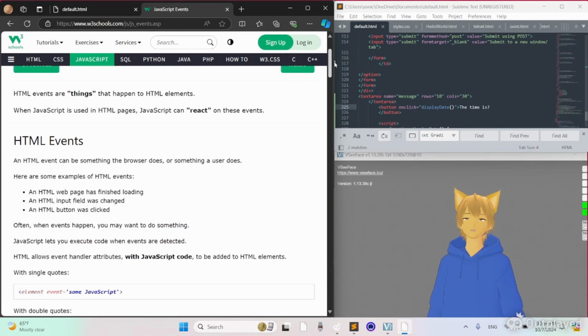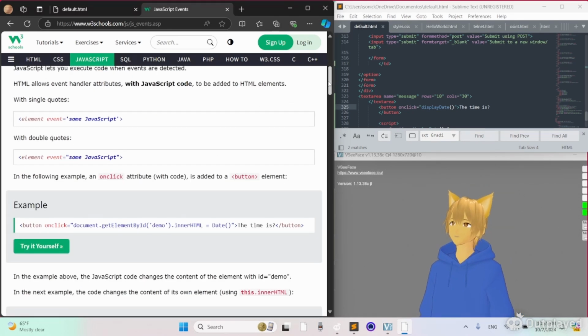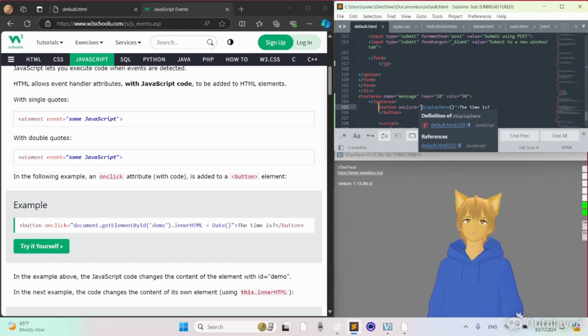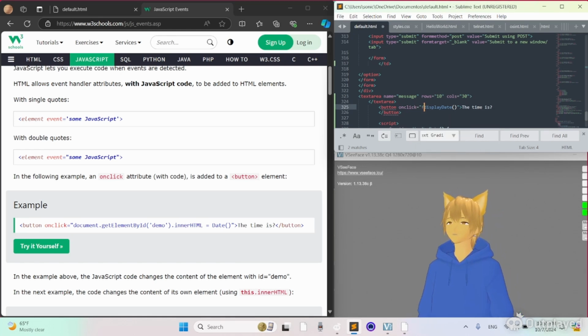So what is an event? It's basically how JavaScript can react to things that happen in HTML elements. So here we have a couple events that we can create. In the button, onclick equals, that's what we're going to be using for this exercise. And if we do the first one,